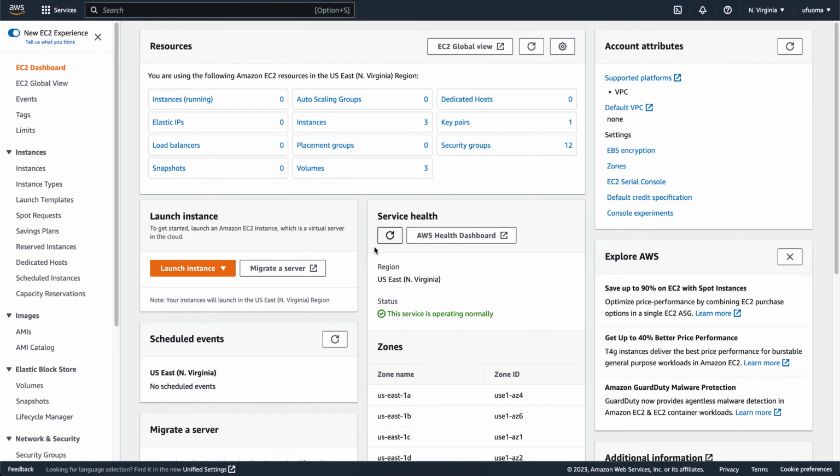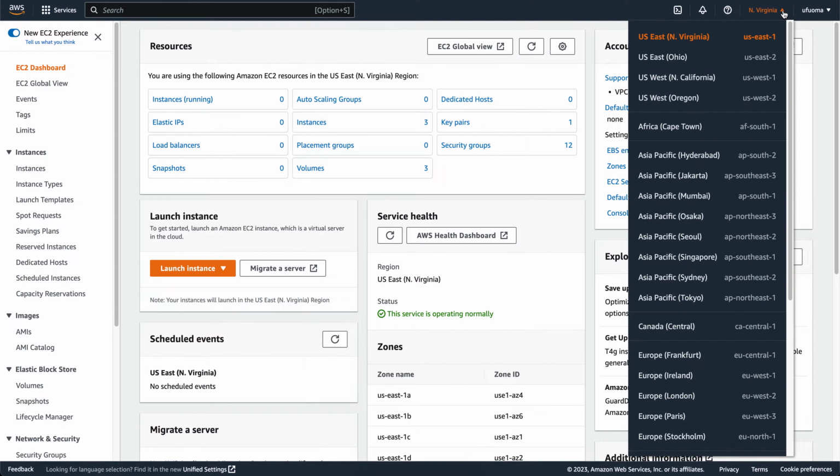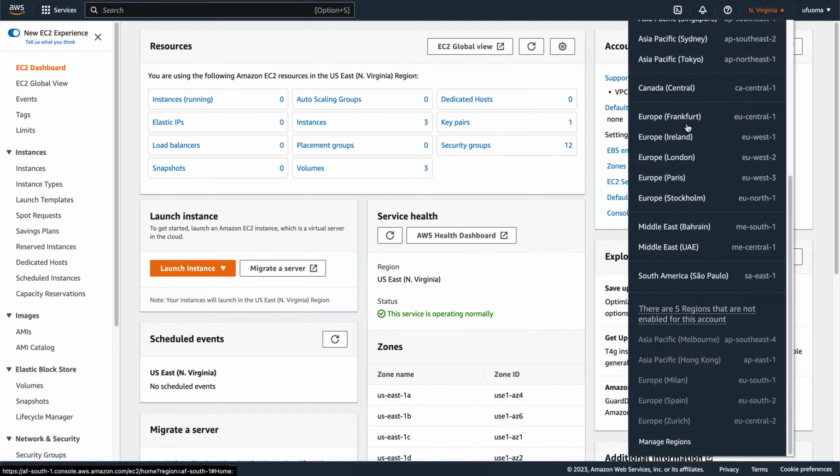Right now, this is my EC2 console, and if you take note, we are in the US East 1 region. So the first thing we need to do is to enable our region. For those who have not enabled their Cape Town region, you hit the regions tab. I have enabled mine, that's why you can see it here. So you scroll down to enable your Cape Town region. You select regions, manage regions,